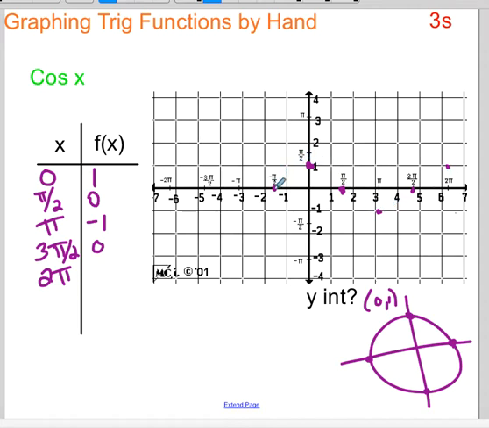So negative pi over 2, if you can just see the shape, might even be easier. You can confirm it on here. Negative pi over 2 is right there. The x-coordinate's still 0. You can see the shape going. It should probably be going down. So at negative pi, you'd think negative 1, which is totally true because at negative pi, the x-coordinate is negative 1. And then it's probably going to curve back up like the other side. So negative 3 pi over 2, right there, x-coordinate 0, so we're good. And negative 2 pi is the same spot as positive 2 pi, so we're going to be back up to positive 1. And again, if we just connect those points,